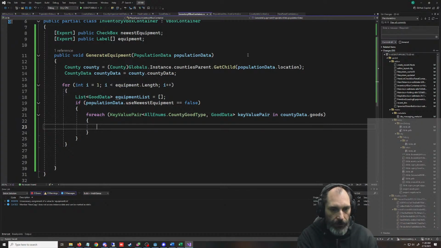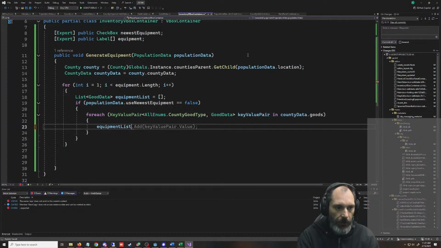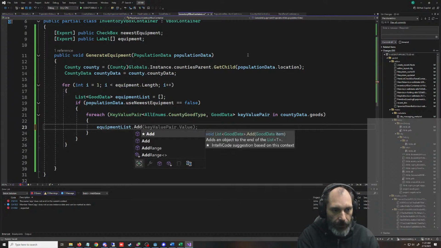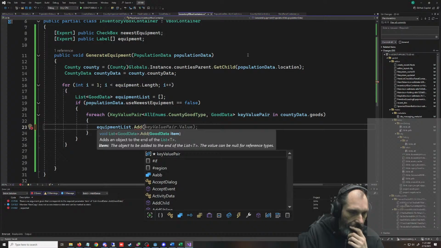If this is false, we're going to equipment list dot add. We're going to add to the equipment list, how are we doing this?